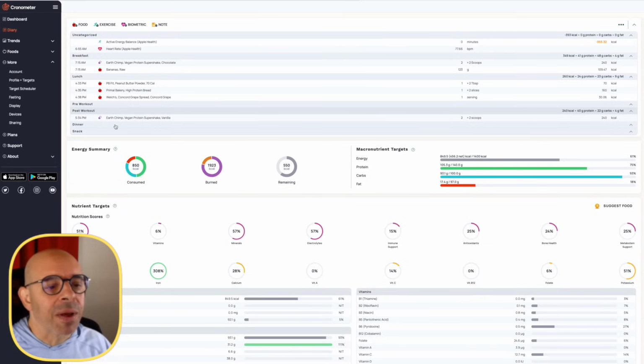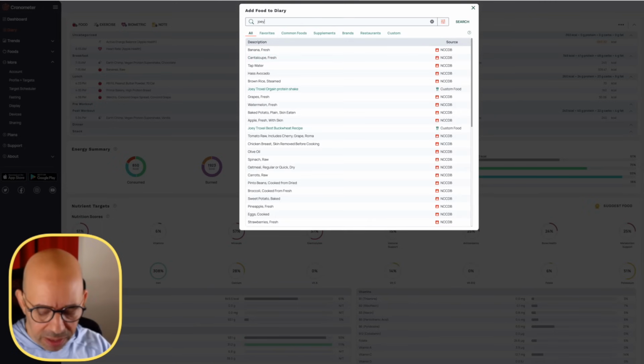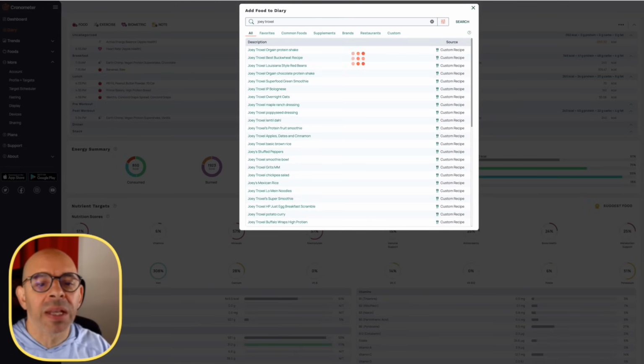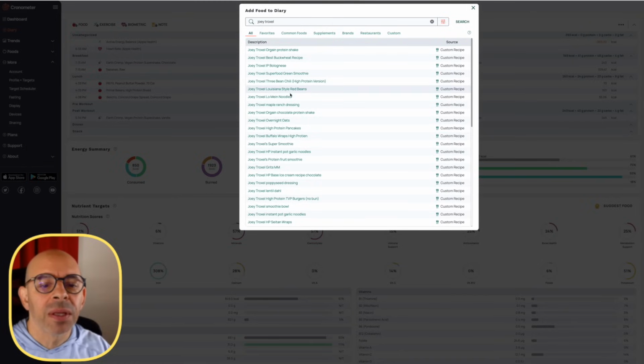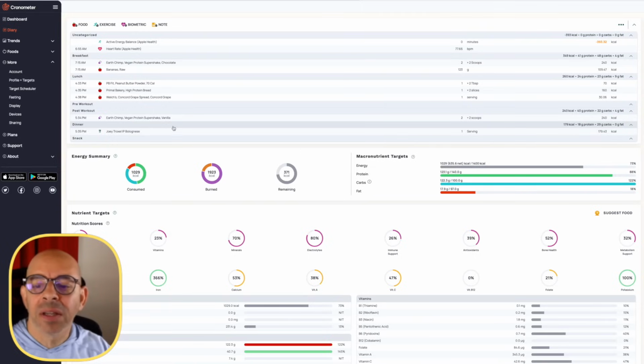And then dinner time comes, and I say to myself, all right, I need about 40 grams of protein. What can I eat for 40 grams of protein for dinner? So I know I've got bolognese sauce in the fridge, right? So I'm going to click on dinner and go to food and put in my bolognese sauce. If I type my name, my recipes will come up, and you can do the same thing if you go to custom. And I'm going to grab my IP bolognese, and 1 serving of that is 179 calories, and I'm